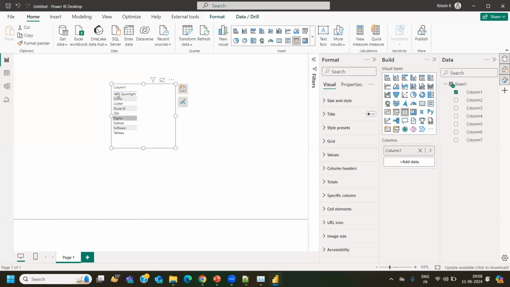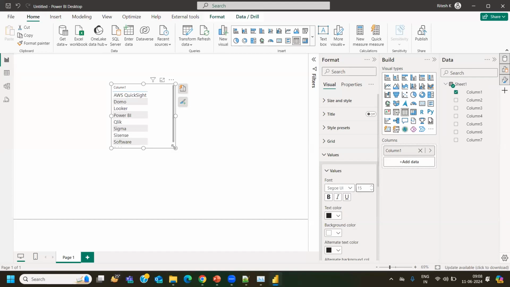If you want to change the size of these values, you have to click on this format icon every time because format is not enabled by default. If I increase the size, the text size is getting increased. So that is one drawback. I'm not saying it as a drawback, it is that the UI is a bit complex to understand. But if I go back to the previous UI,